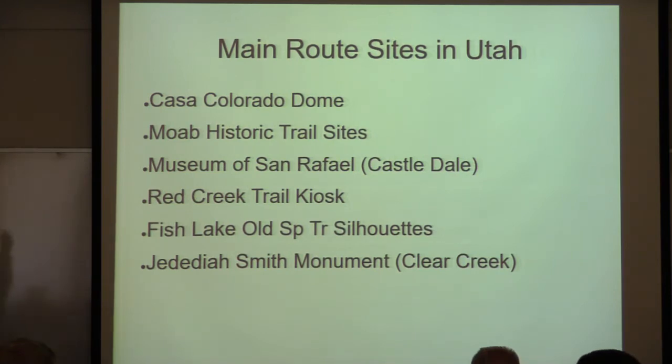Anyway, the Casa Colorado Dome is one that they describe. In Moab itself, there are some very good historic trail sites, three or four. There's a park on the south end of town called, I think, the Spanish Trail Park. There's a park right at the river. There's a couple of very nice museums. Moab has a lot of stuff on the historic Spanish Trail. The museum, that's the one I was trying to think of. I was telling you about the